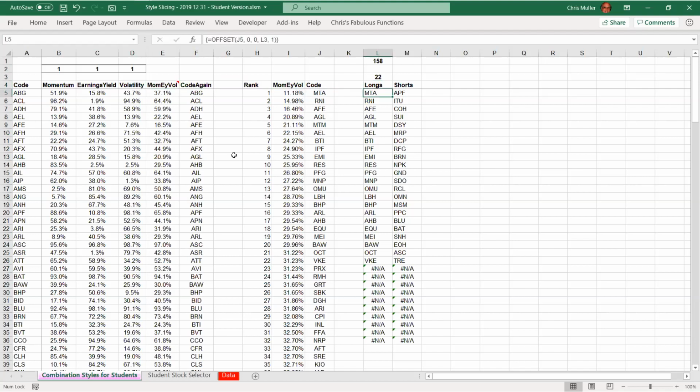Right, so we've come quite far. We've chosen our styles, and we've got some corresponding share codes for long and shorts. But what we don't have are the weightings, or the number of shares, or the rand value that we're going to need. But that is where the next lecture, the next presentation is going to take us. And that's going to be